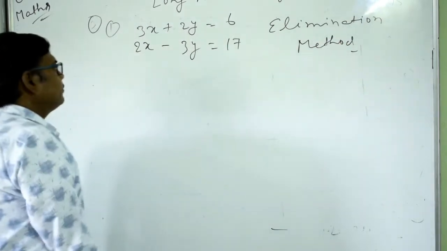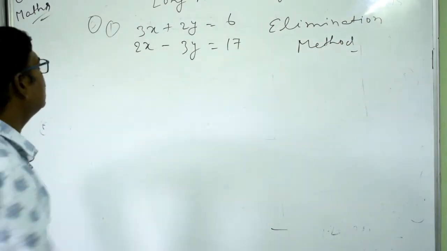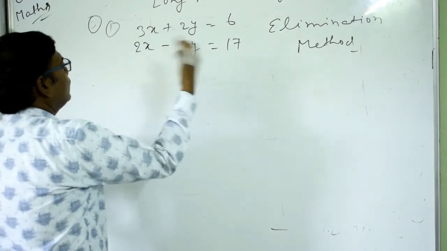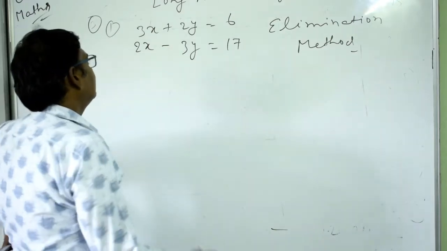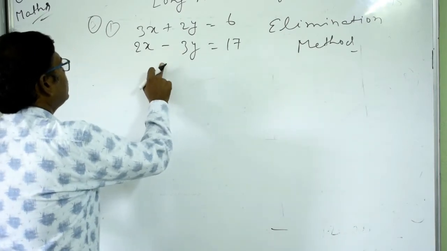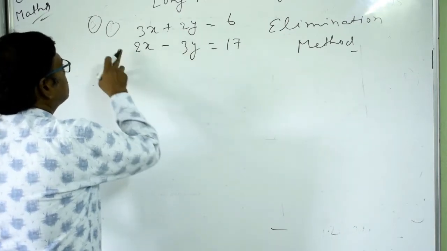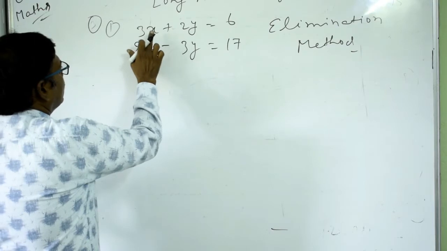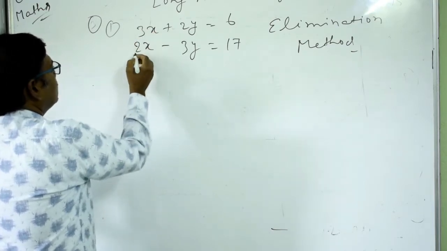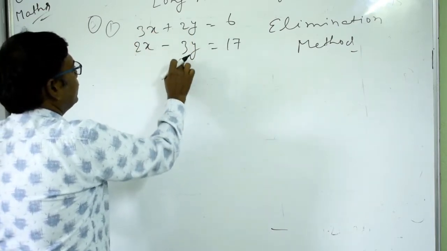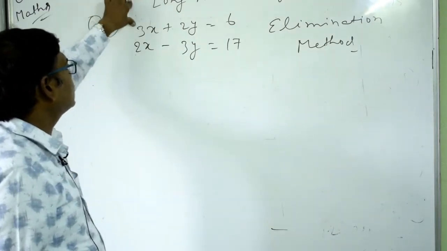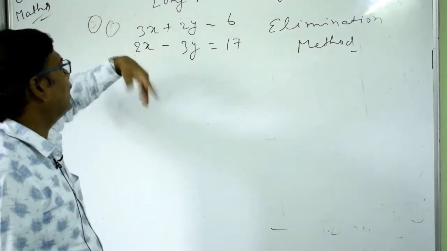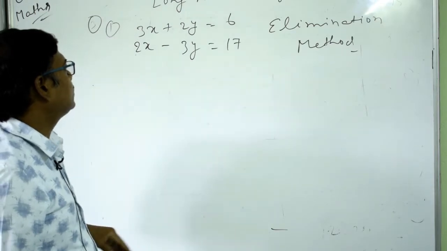In this elimination method, we will eliminate x or y by making the coefficient of x or y equal. See here that the coefficient of x is 3 here and 2 here, and the coefficient of y is 2 here and 3 here. So you can make the coefficient of either x or y equal and then add or subtract to remove that